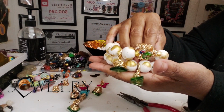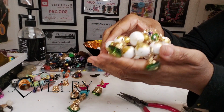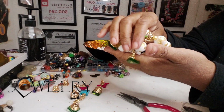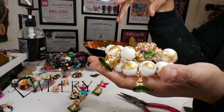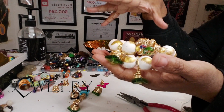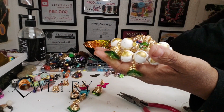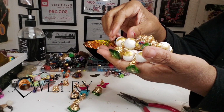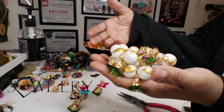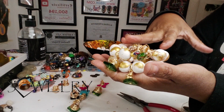I do know that beads make a difference in what the piece will look like as well. That's one reason why I started painting my own beads, because I want different. And every one of the websites that I'm going on and finding the beads and seeing the beads, some beads I see, there's some beautiful beads, but they are so expensive. I mean, crazy expensive, even hand painted ones. And I'm just like, wow, I can't do that. And if you pay what they're asking, you would have to charge an arm and a leg for the piece